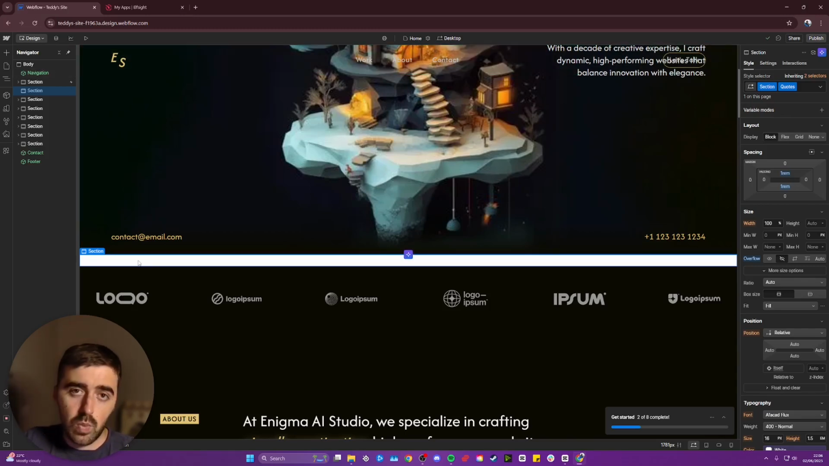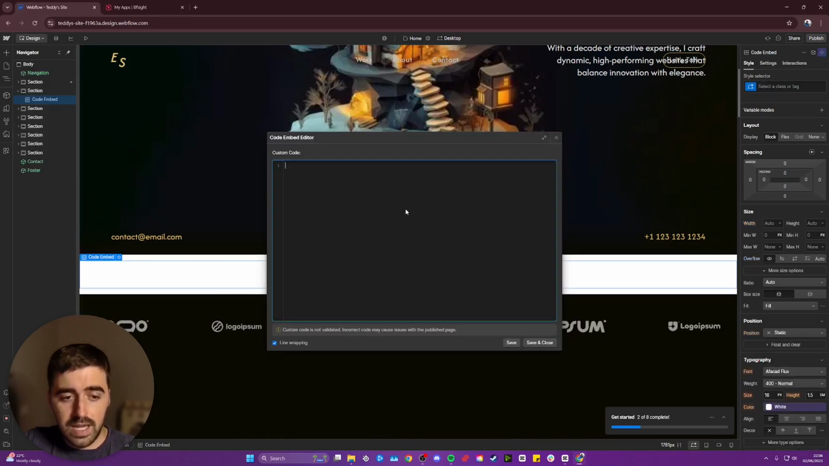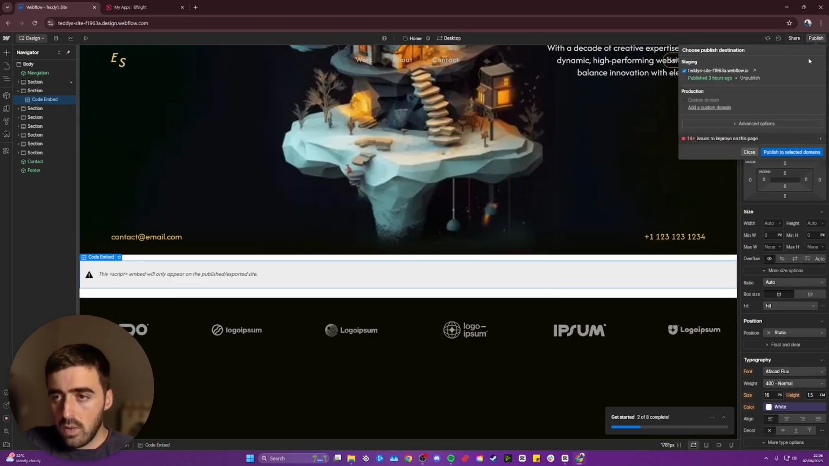But yeah, select the section where you want the Google Maps widget to go, and then click on this plus icon right here in the top left corner of the screen, and then search for code. And then you will see code embed right here. Click on that, and then this window is going to open up. Simply paste the code we just copied previously from Elfsight, click on save and close, then go ahead and publish